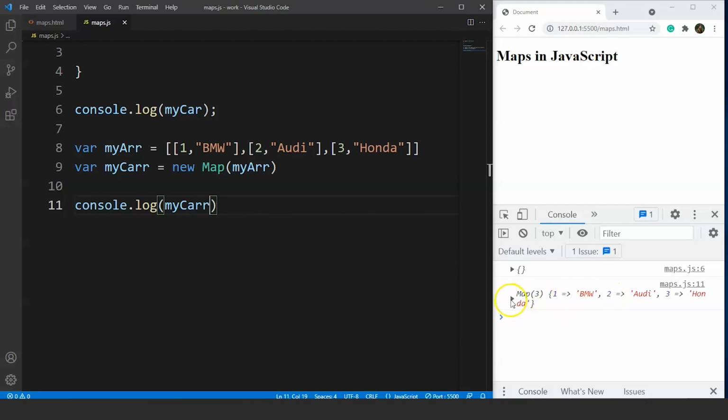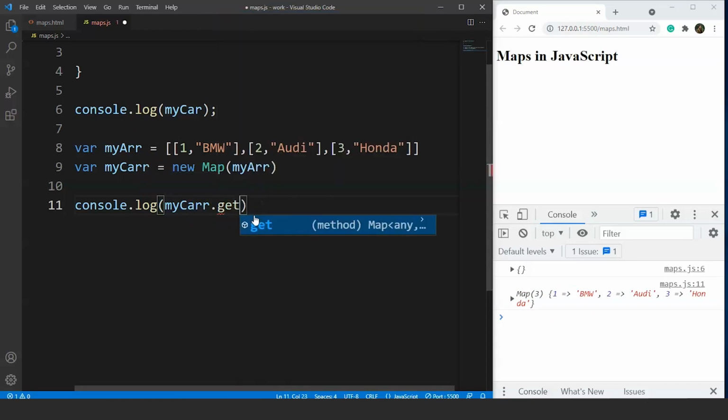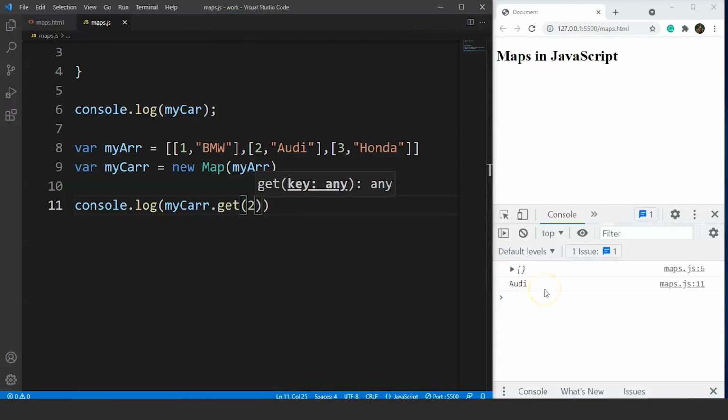We have the same map over here, but this time we have used arrays. And we can access any particular element as well. We'll write here .get and we'll pass the key here. Let's say we are passing 2. Save it, and here you can see we have the output as Audi. Good to go with it, right? Now we can also use the for of loop to traverse this array and get the keys and values. It's a simple task. I hope you guys are getting all this.